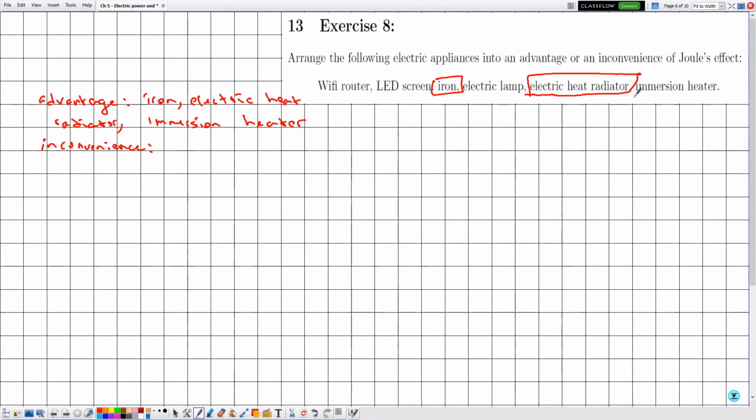Other electric components liberate heat, but we cannot make use of this heat. So the Wi-Fi router, the LED screen, and the electric lamp are classified as, so the Joule's effect is classified as inconvenience. Okay,